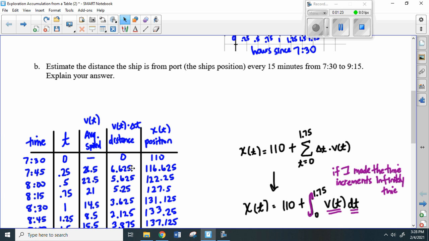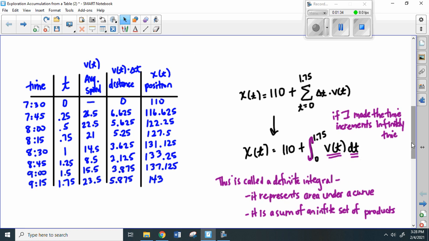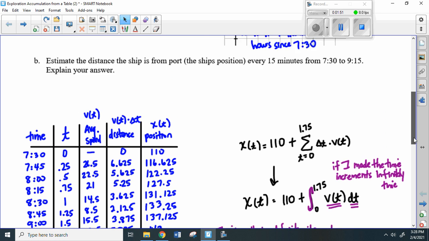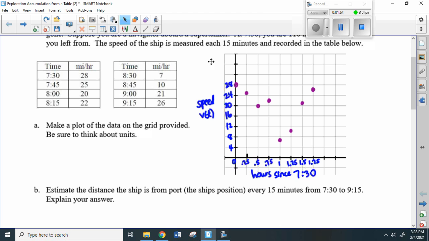All right. And so then to get the position, how far are you from port? You just add that distance that you traveled to your previous position. And so our table showed us that at the end, at 9:15, we were 143 miles from port. Okay, and then we talked about how this was a little bit better of an approximation, because using average speed technically created a trapezoid,